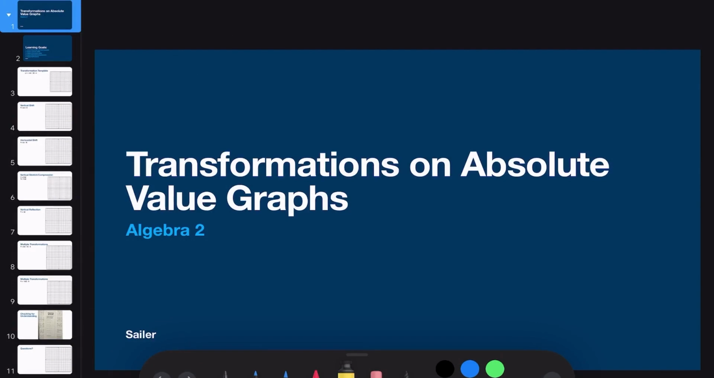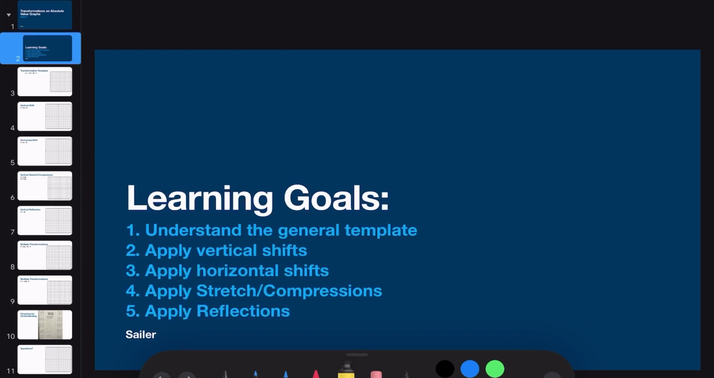We are going to look at the transformation on absolute value graphs. So we have a couple goals today. This is usually an Algebra 2 concept, but our learning goals today is we're going to look at our general template first, and we're going to understand the transformations that are in the general template, where they're going to be and what we're going to do with each one of the